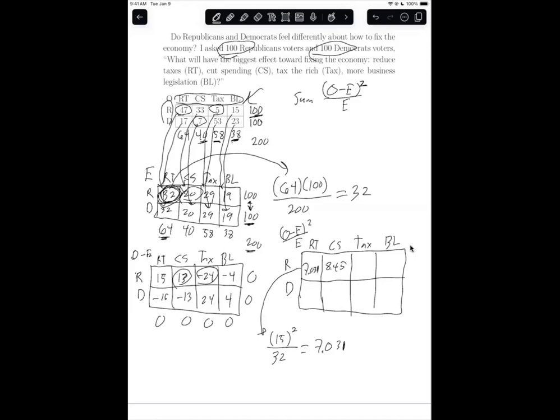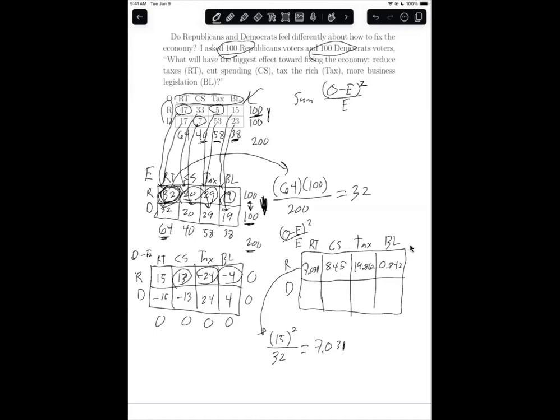So when you square that negative 24, it becomes positive. Divide it by the 29. We're going to get a 19.862. And then the negative 4 squared becomes a positive, and then we're going to divide it by the 19. We're going to get 0.842. Now, the nice thing is, because we have equal sample size,